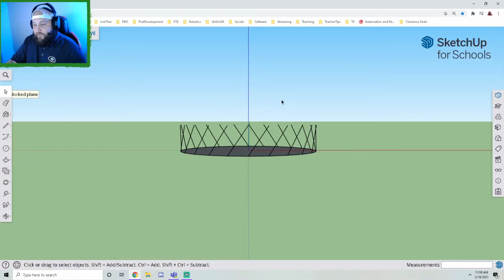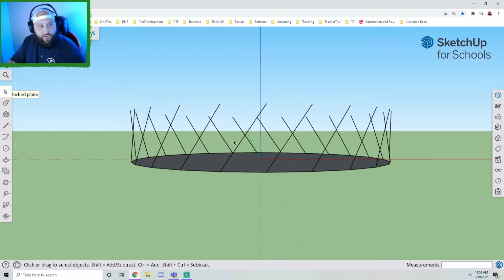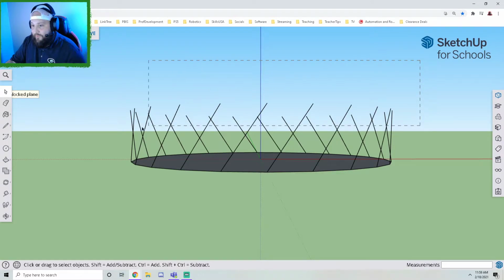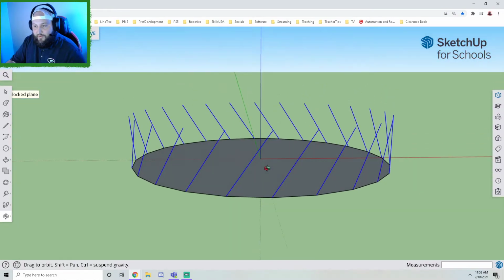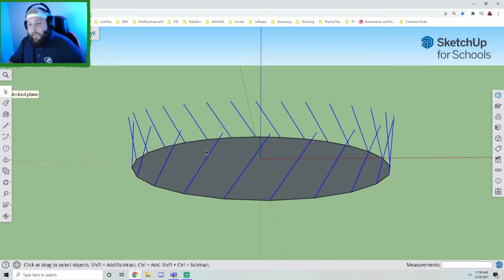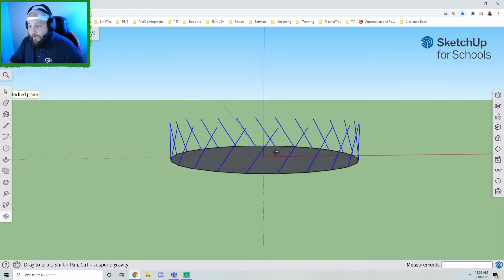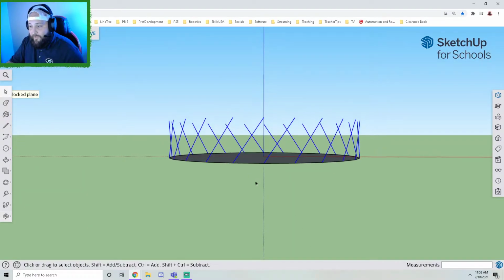I'm going to position my camera where I'm kind of straight on with everything, and then I'm going to go right to left, but only touch the lines, and that way it selects all the blue lines. All right. Now that I have my blue lines selected, I'm going to rotate back where I'm facing this green